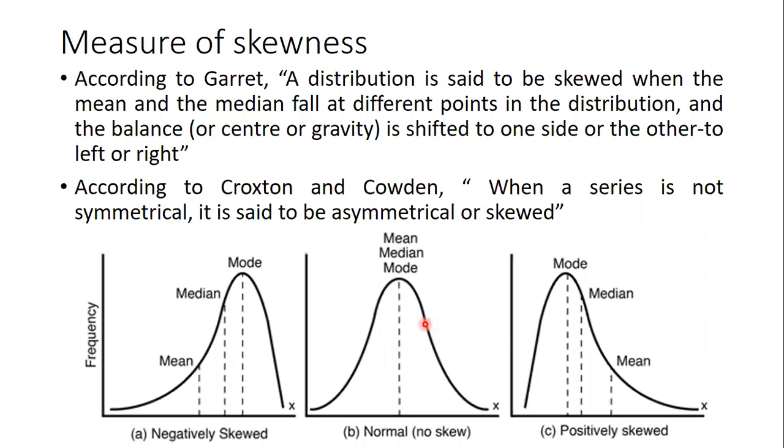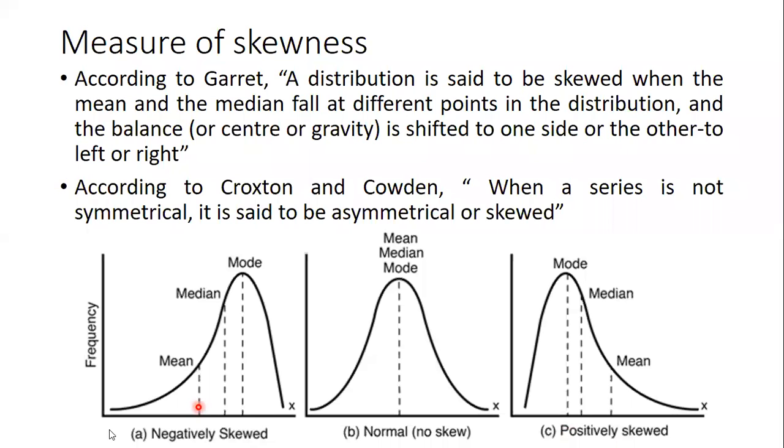So if you see here, when the mean value is more than the mode, don't think of the mean value being at a lower place and the mode at a higher place. No, see the values from here. Mode is coming first here, which means the value of mode is less and the mean value is coming later. So in this case, the mean value is more than the mode, so that is why it is called positively skewed.